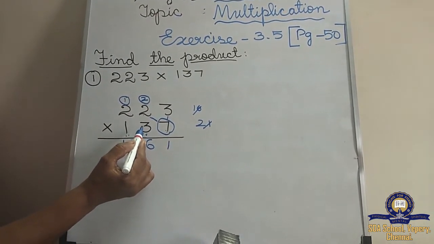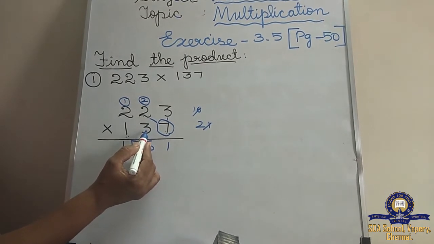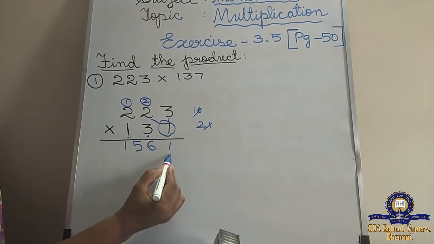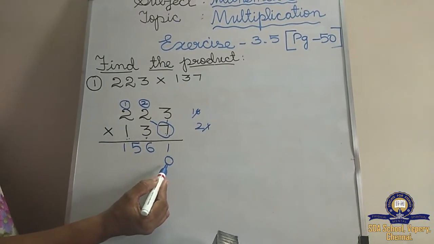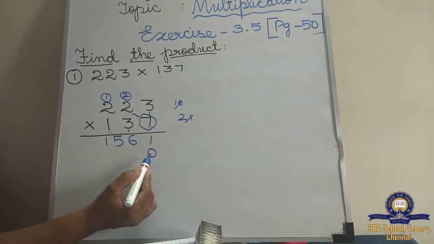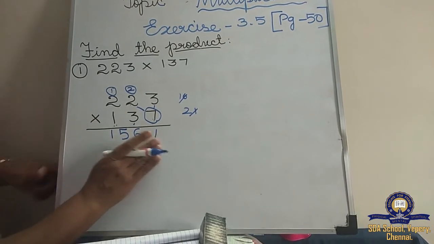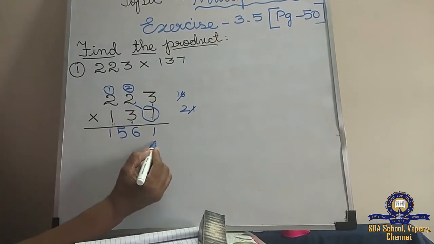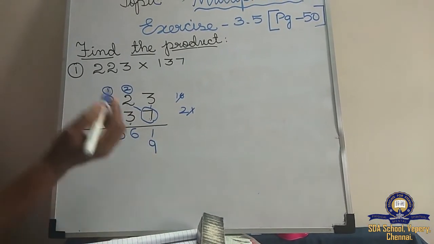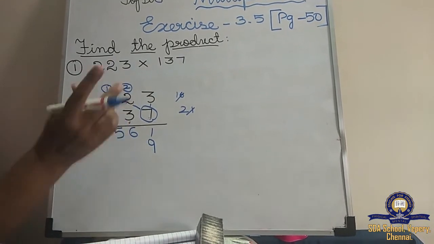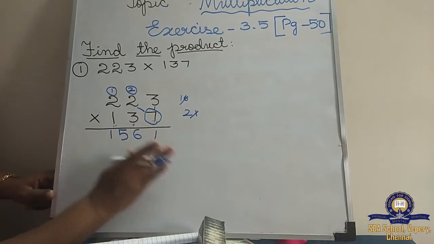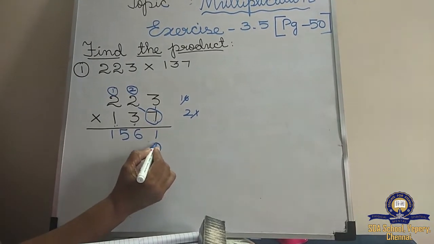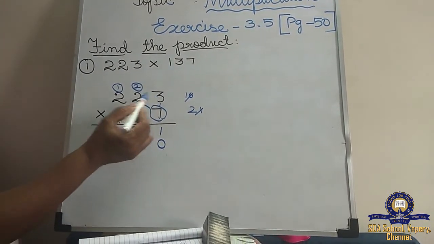Okay. When you come to the tens column, which table is there? 3 tables. But while doing it, what do you have to do? Automatically you have to put 0 in the ones place. Don't forget to put 0. If you don't put 0 and write 9 like this, 3 threes are 9, then the answer will be wrong, children. Don't make the mistake again. You have to put 0 and only then start multiplying the tens.